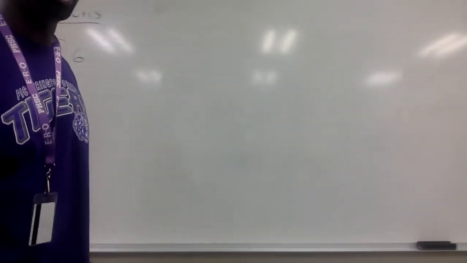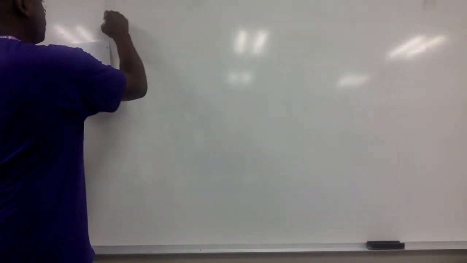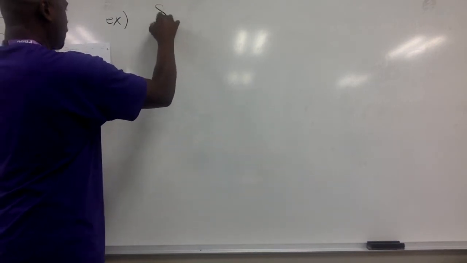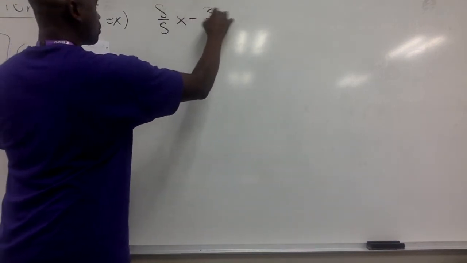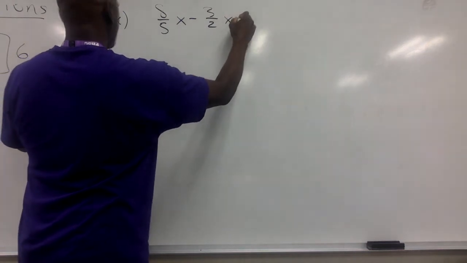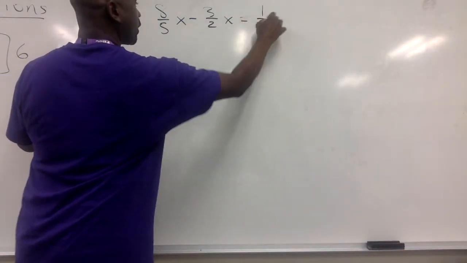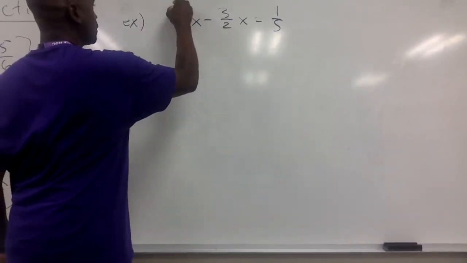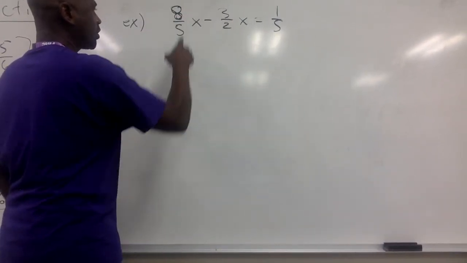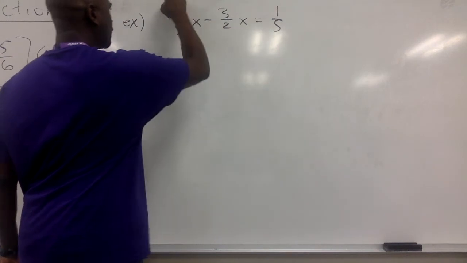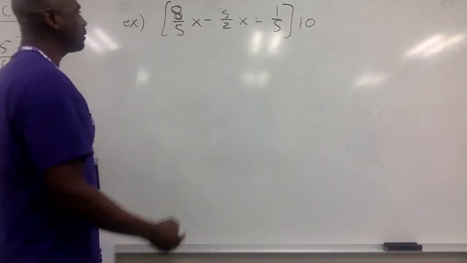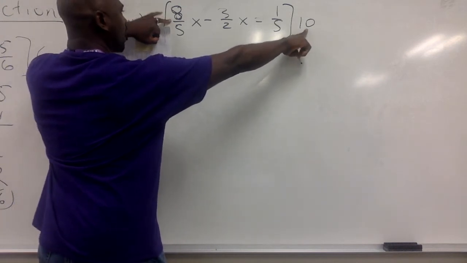Let me slide down a little bit. Let me do it really quickly, though. I have 8/5 x minus 3/2 x equals 1/5. All right, that's an 8. Well, I see a 5 and a 2 are all my denominators, so let me multiply by a least common denominator of, say, 10. When I multiply these two, I get